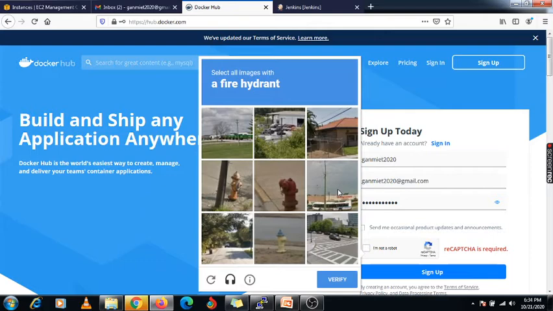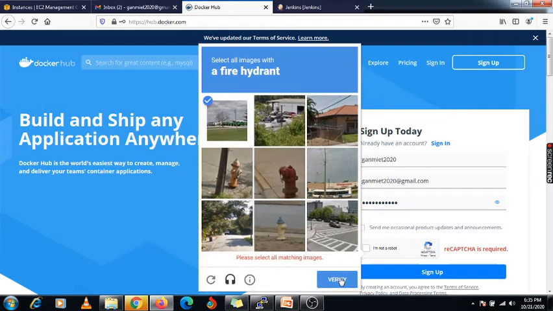Here it is asking to verify, so I need to use any of these. Just click on it and verify it. Please select all matching images, fire hydrant.